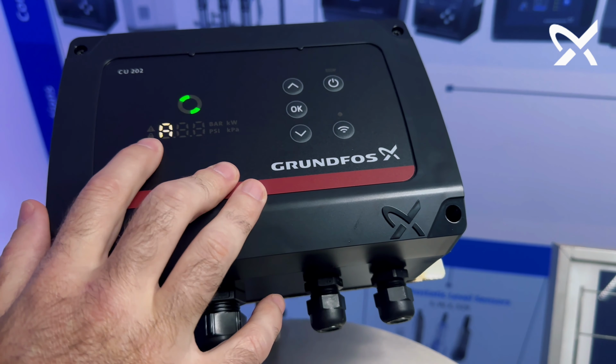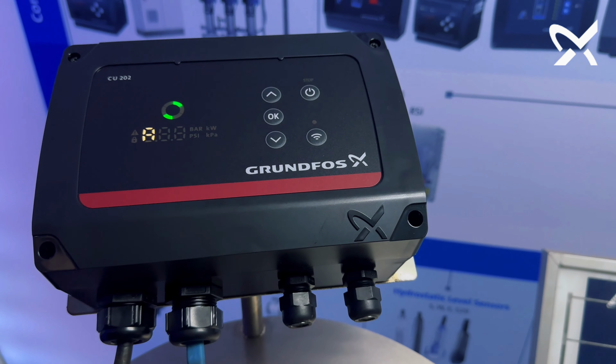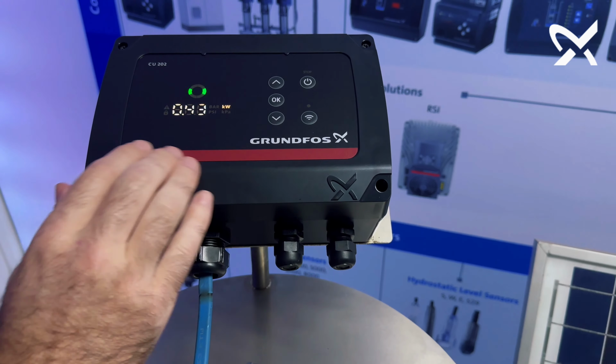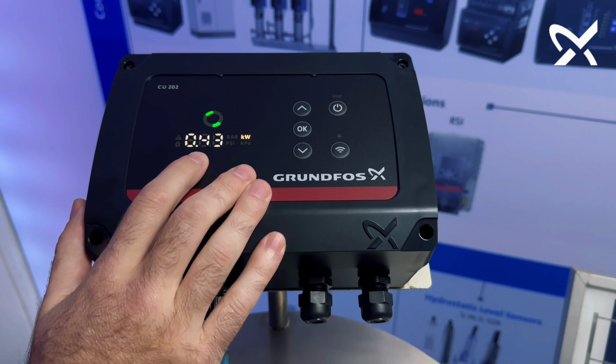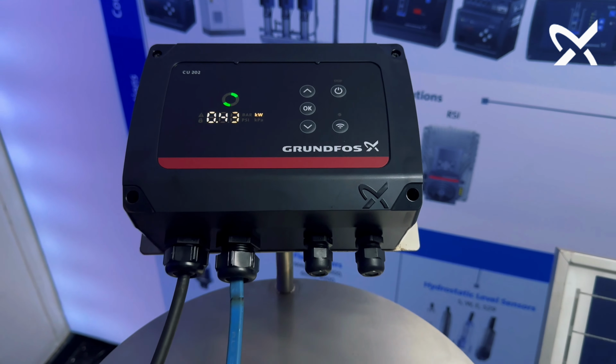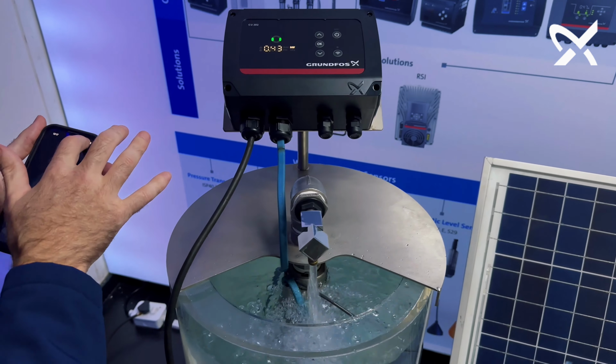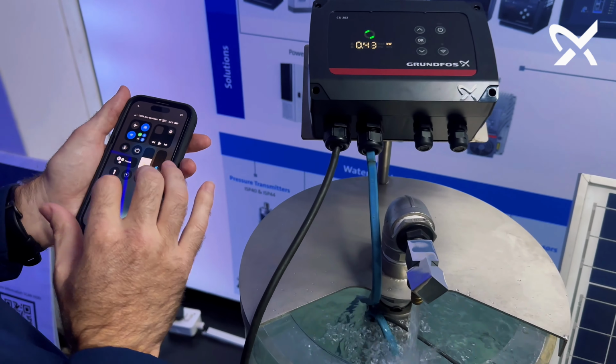Next one down will show you the actual current absorption by the pump. And then when you go back to the main screen, it will actually show you the power consumed by the pump in the current state. Then once you've downloaded the application on your smartphone,